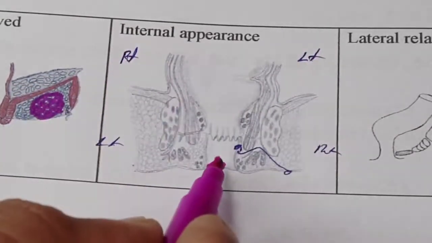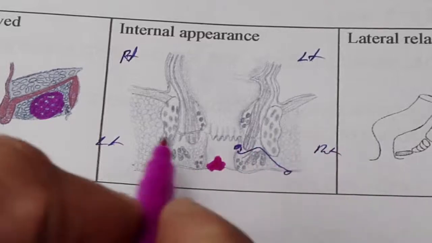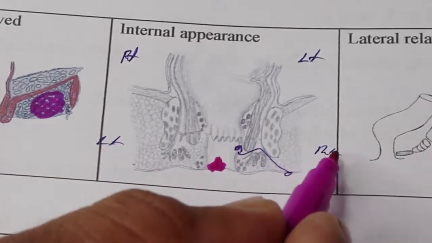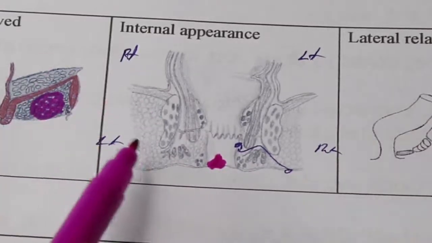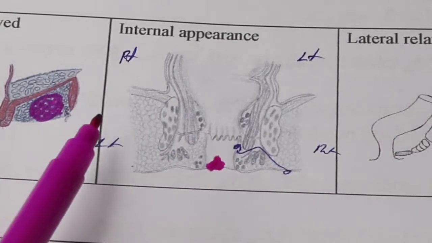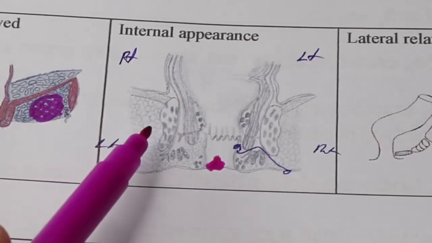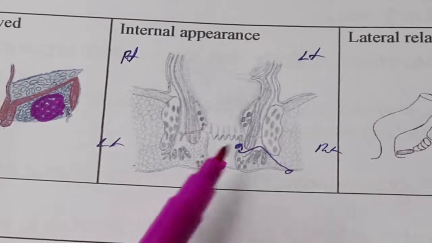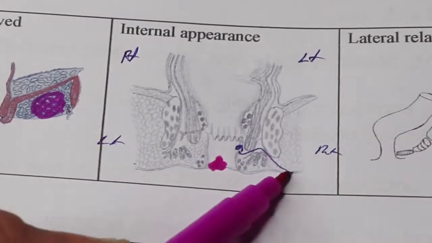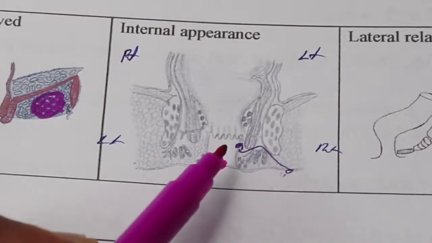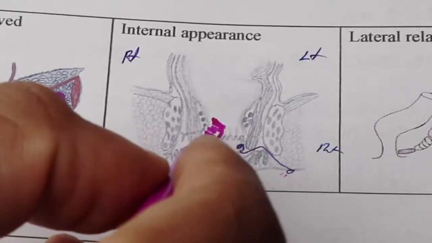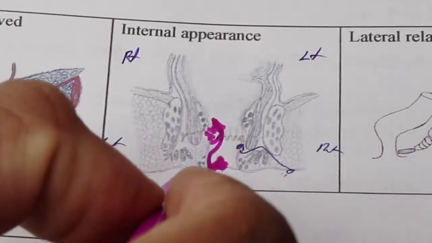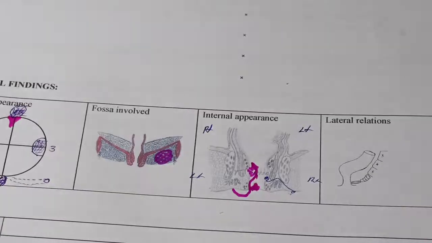And if it is a 12 o'clock position, we can mark here once again, but we have to change the sides. Like this side becomes the right and this side becomes left. So with this we can understand whether the sagittal section is anterior or posterior. So this diagram will help us to mark the external opening and internal opening, fissure, and even sometimes the internal piles or external piles. So this diagram will help us to understand the pathology.